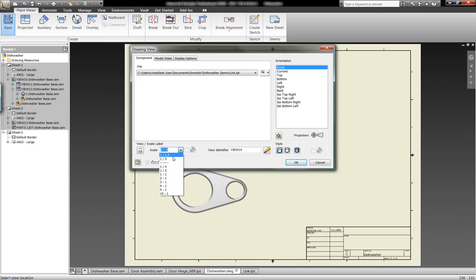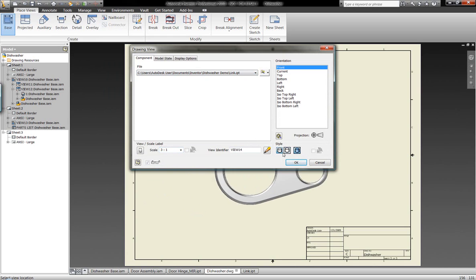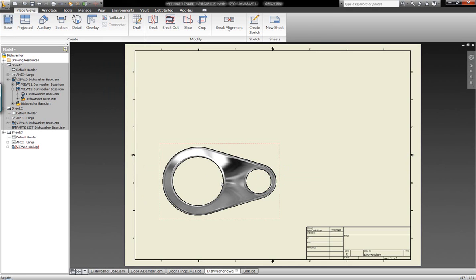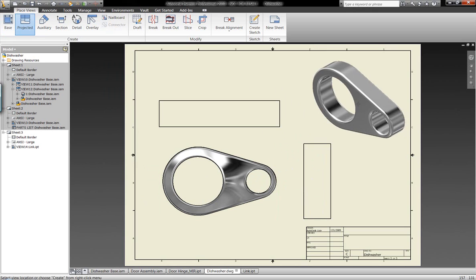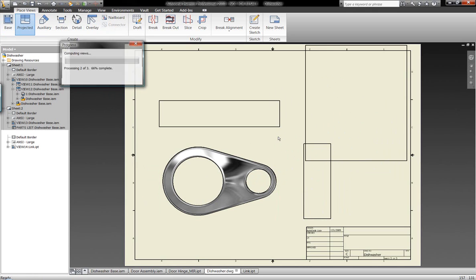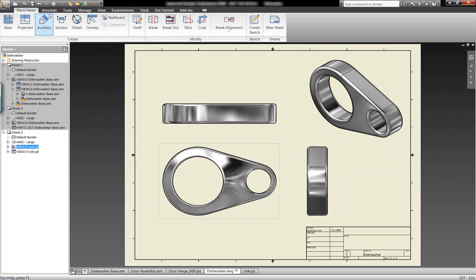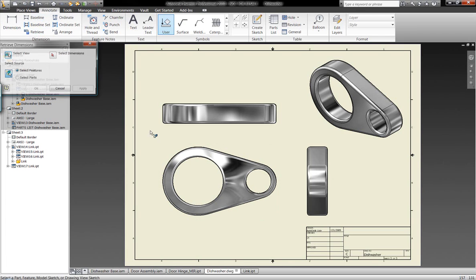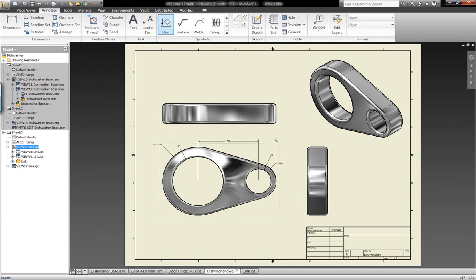Now, creating a drawing of this component is very easy to do. Once again, I select the scale of the component that I want to use, tell it if I want it to be shaded or not shaded, and then go ahead and project all the different view angles of this component. In this case, I'm going to include the isometric view and create those different views. Also, the dimensions have already been generated. I don't have to recreate those dimensions. I can simply go in here and place the dimensions on the page,